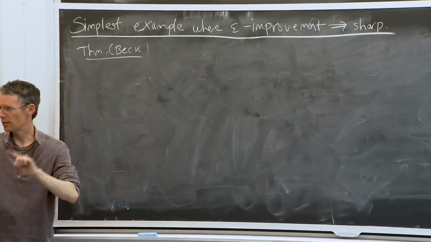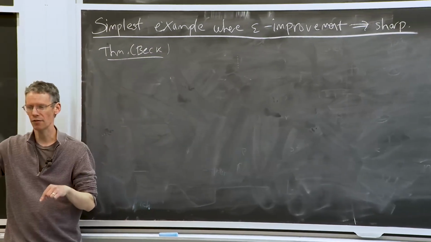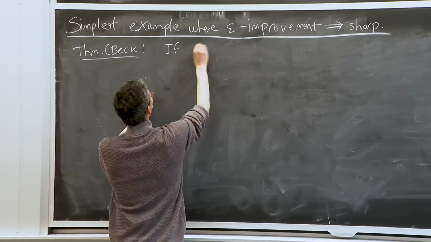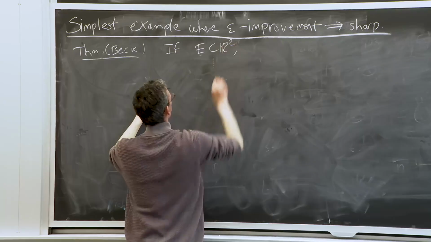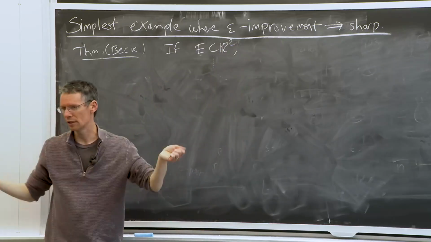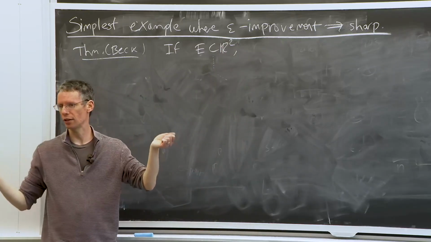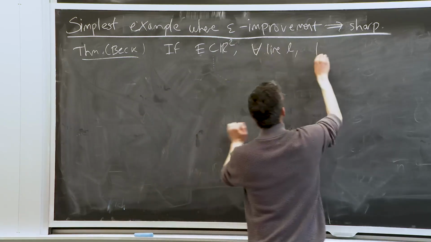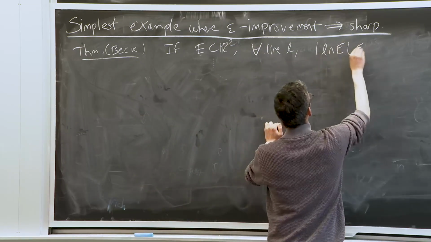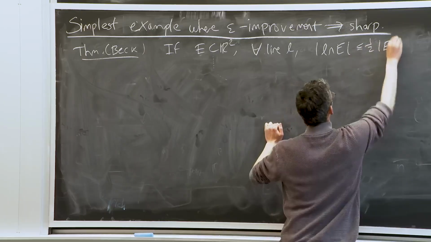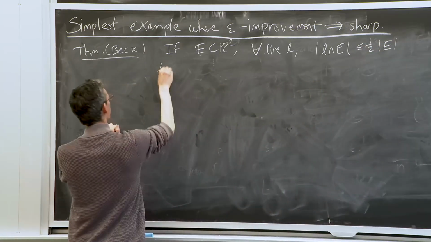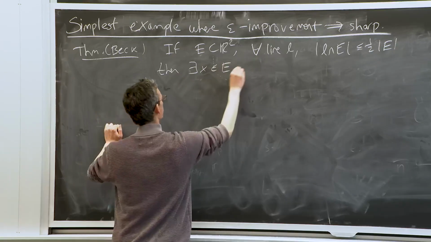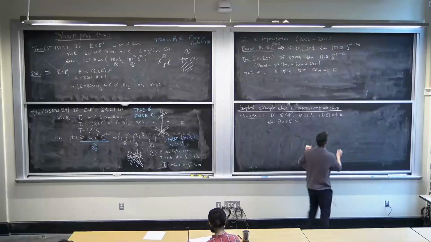Which is about the incidences of points and lines. So it's in the setting of the Szemerédi-Trotter theorem. So it says if E is a subset of R^2, and it's not all on a line, and in fact, I would say at most half of it is on a line. So for any line L, L intersect E is at most half of it. Then the conclusion is there exists some point X in E so that, all right, so let me make a